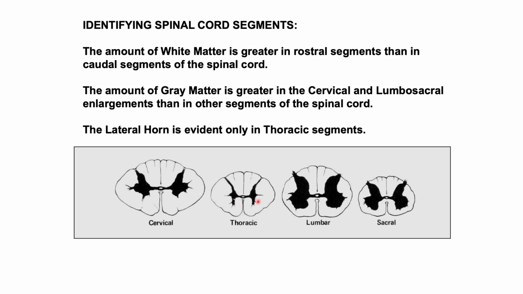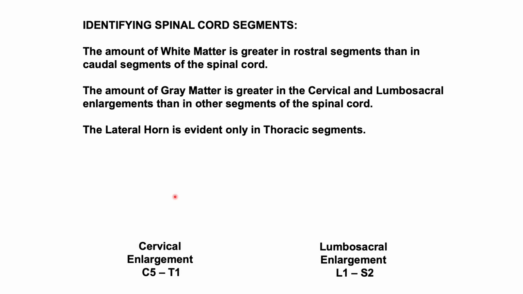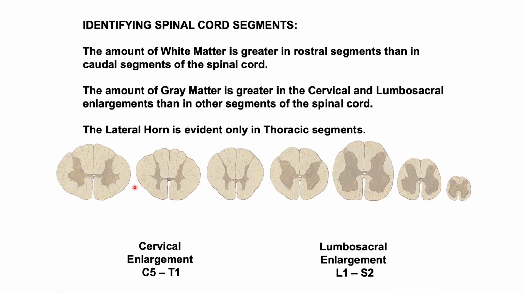The thoracic is relatively small in terms of its ventral horn, and the dorsal horn is very small. Then for the cervical, because of the brachial plexus and the motor innervation of the hand, which requires a lot of motor fibers, you also have this enlargement. So this is a very fine arrangement. You can look at the gray matter in proportion to white matter at the various levels of the spinal cord,